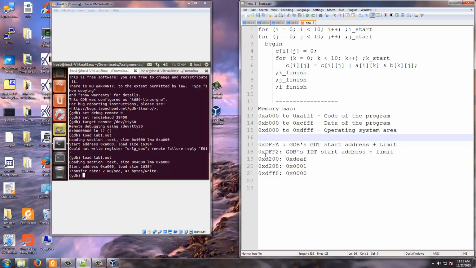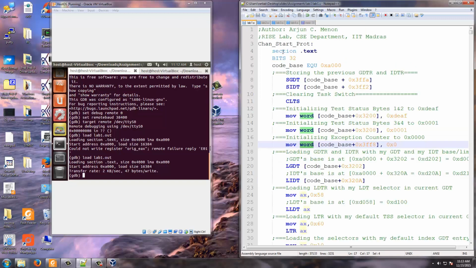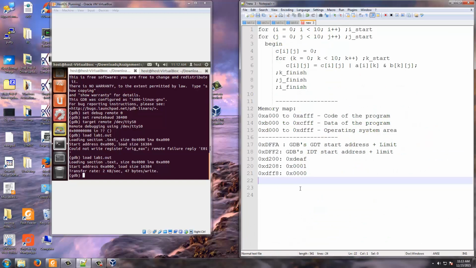So when we load the program, we have a small mini kernel also loaded. So note that this memory map we will follow. Note that all that we are doing here so far, like storing the old GDT, IDT, all these things are in this page D1000 to DFFF, which is the operating system area. Now the next step is, the operating system actually stores the address of my GDT. For executing my code, because I will have my own segment, I need my own GDT.